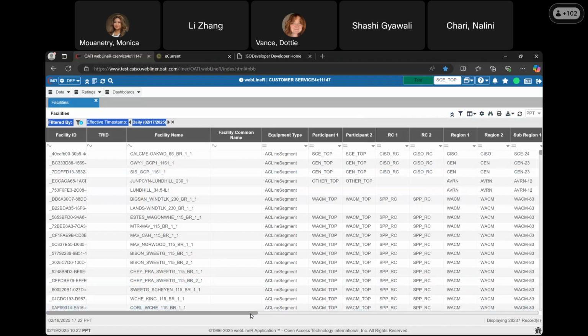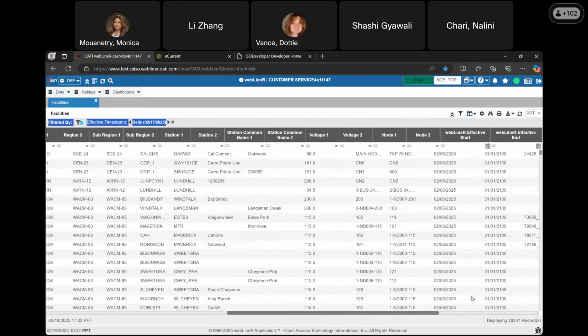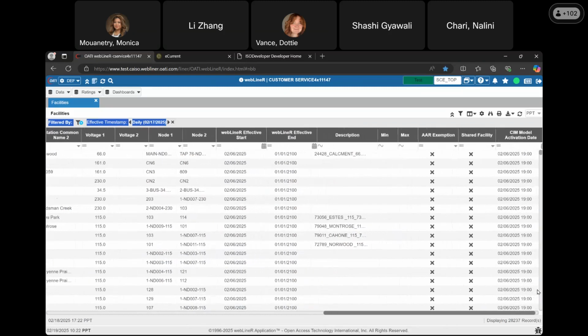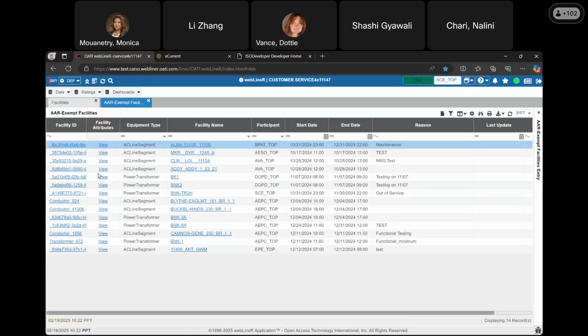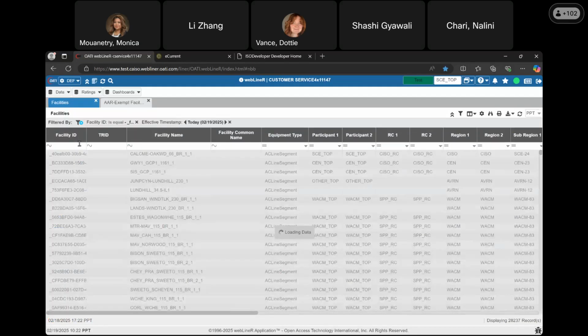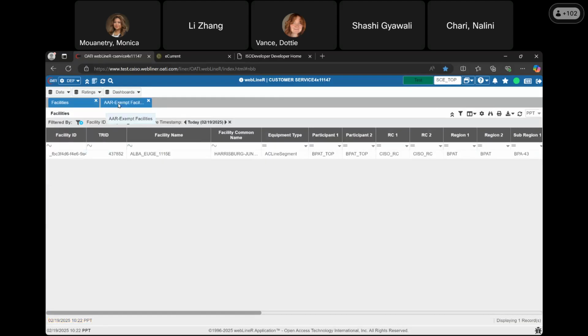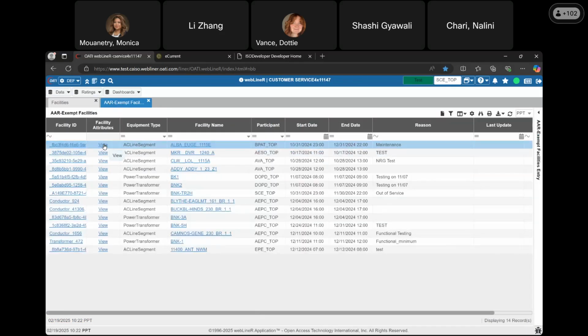This is the facilities tab. There's plenty of information in here. And again, you have the visibility to see everyone else's information. You just cannot submit changes for other folks, but you can submit changes for your own. The AR screen, as I mentioned before, you have the ability to click on these links right here. You can click on the link right there, facility ID, which will open up another tab so you can see that specific information. Going back to the facility tab right here, oops, AR. If you click on,